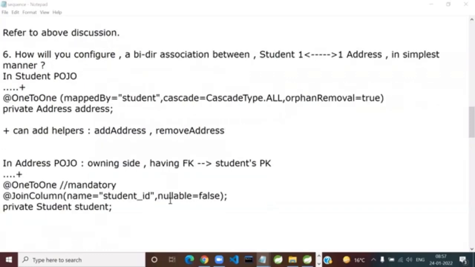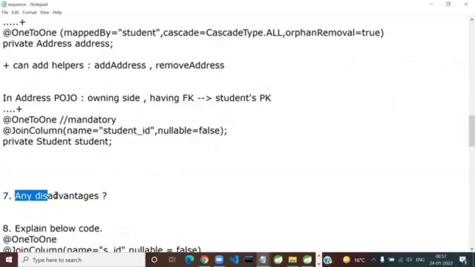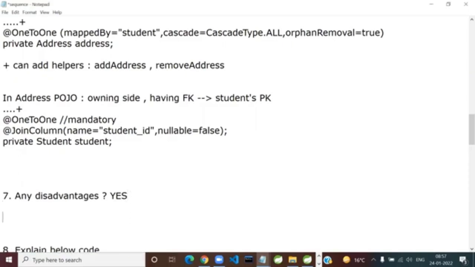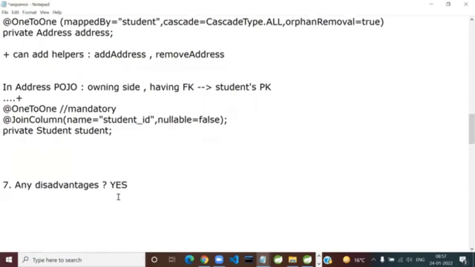Understanding this? Okay. So now let me ask you, are there any disadvantages of such a bidirectional association? I'm giving you the answer: yes. So let me ask you a question. Here is the question. I'll write some code, and you answer. Suppose I add a JPQL. Or okay, forget JPQL, I could have written it, but I just want to make it faster.